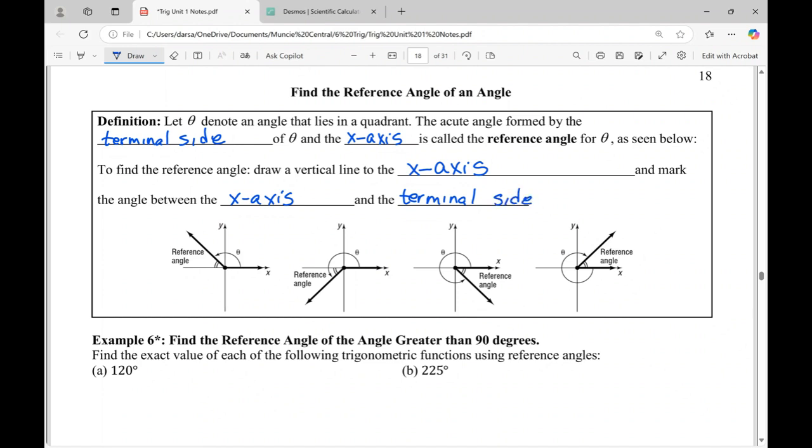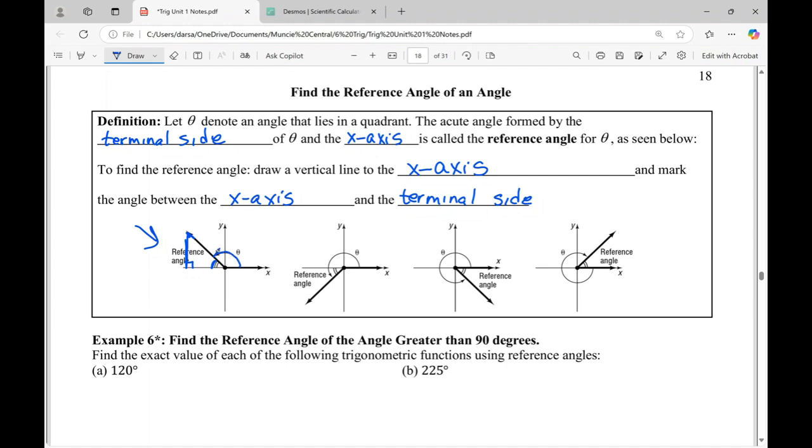You may have noticed that I am overemphasizing which axis? The x-axis. We always draw our triangle by connecting the terminal side to the x-axis, never to the y-axis. It doesn't work that way. So, for instance, in this first example, if we take the terminal side and drop a perpendicular to the x-axis, then this angle that we have created in this little triangle is called the reference angle to